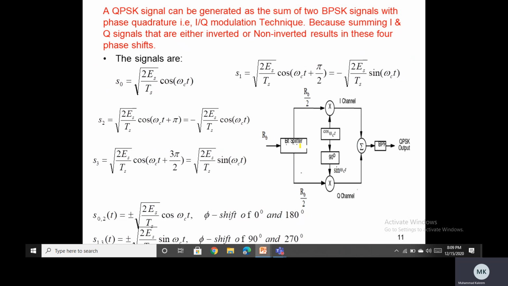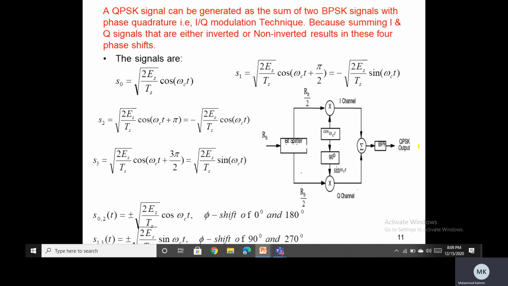Afterwards, the two signals are superimposed and the resulting signal is the QPSK signal. So one can see that the factor of 2 is basically the power divided equally between in phase and quadrature phase legs or channels, and we have two carriers or sinusoidals which are multiplied with these incoming signals to produce in phase and quadrature components, and we sum them and pass it to a band pass filter to